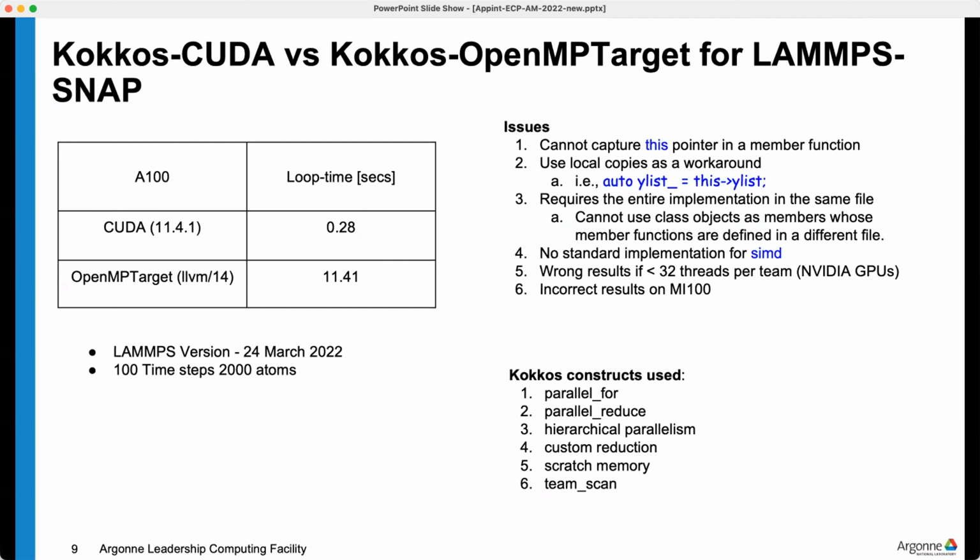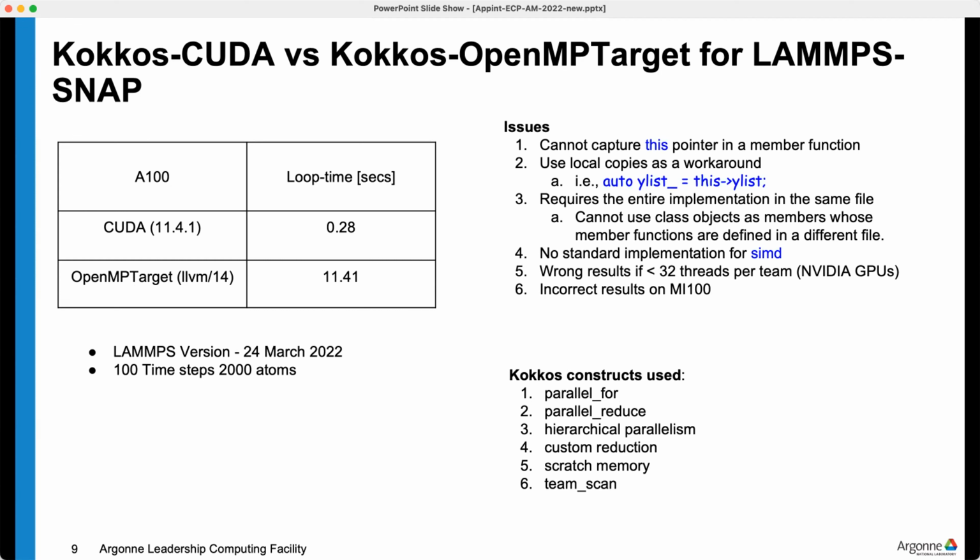And we have observed that there is a relatively high performance difference between the native backend and the OpenMP target backend. In this case, we are using the scratch version of the algorithm that we were discussing in the earlier slide. We were not able to run the non-scratch version because in the LAMMPS,